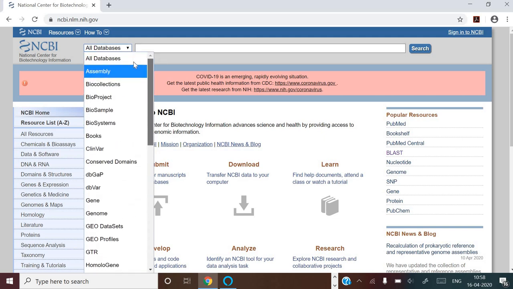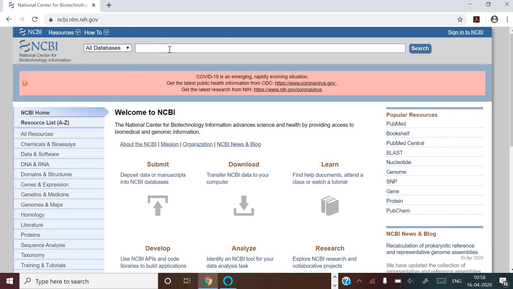What I am going to explain today is a currently emerging issue, that is COVID-19. When you type something in this search window, search for COVID-19 and select all databases, this will include different resources.